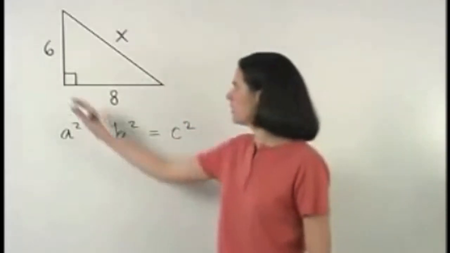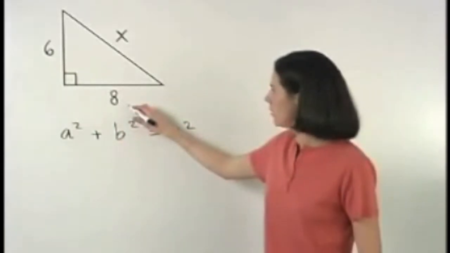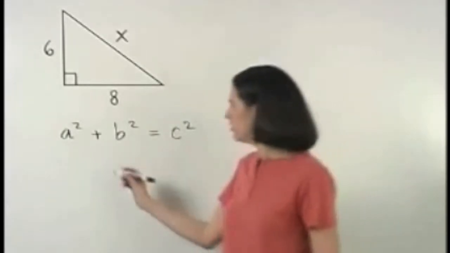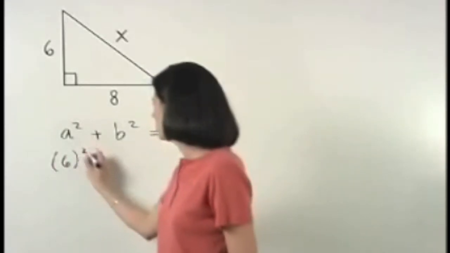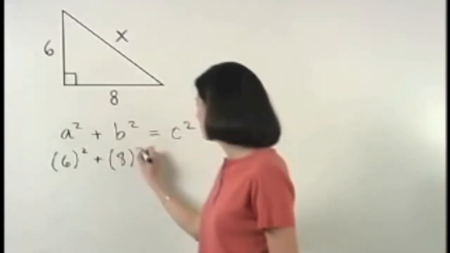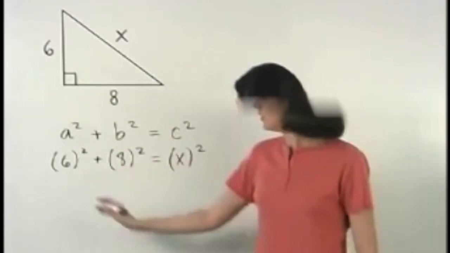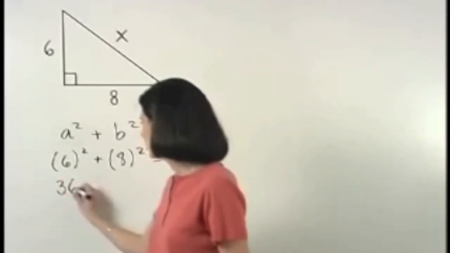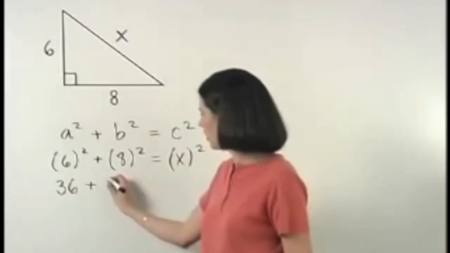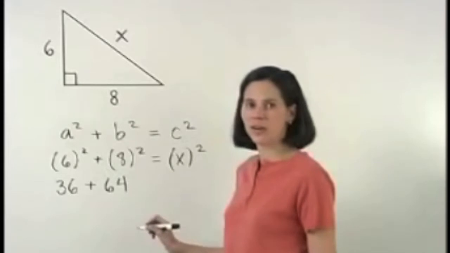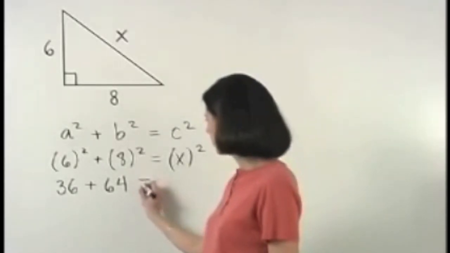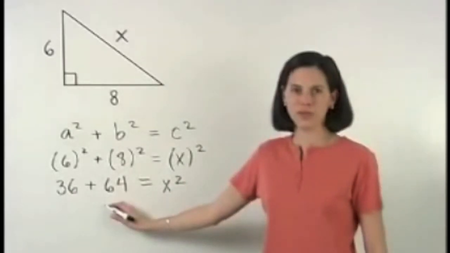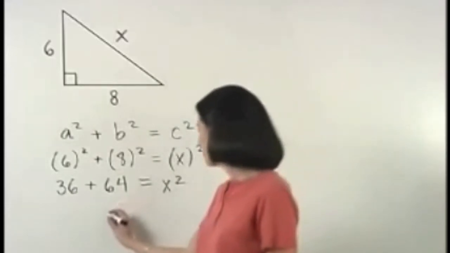Since our legs have lengths of 6 and 8, and our hypotenuse has a length of x, we can set up the equation 6 squared plus 8 squared equals x squared. 6 squared is 6 times 6, or 36, and 8 squared is 8 times 8, or 64. So we have 36 plus 64 equals x squared. 36 plus 64 is 100, so we have 100